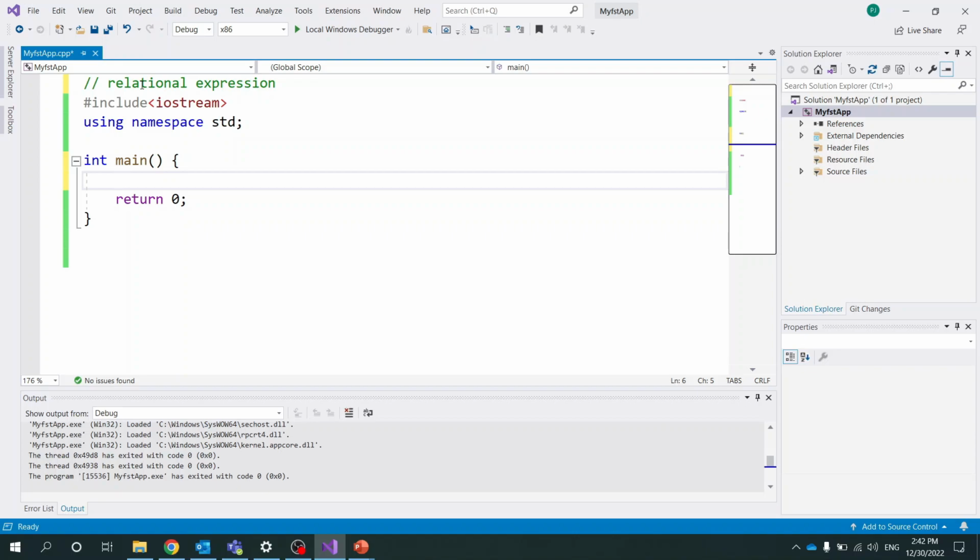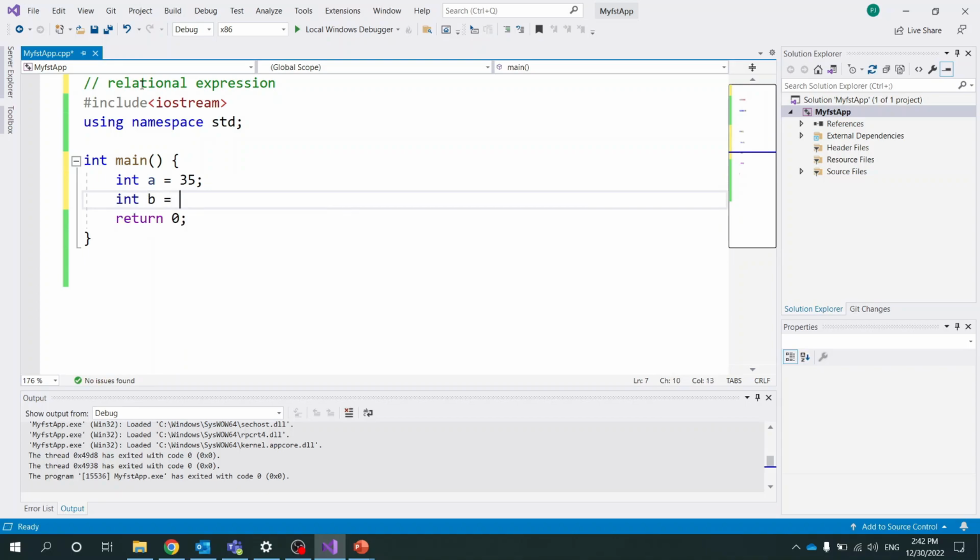A relational expression is an expression that produces a value of type bool, which can be either true or false. It is also known as the Boolean expression. When arithmetic expressions are used on both sides of the relational operator, arithmetic expressions are evaluated first, and then their results are compared. For example, int a is equal to 35,